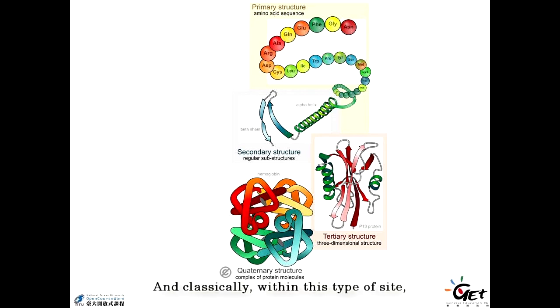Classically, we think this type of site is a neutral site because the change won't affect the protein sequence. But very recently, we found this type of change occasionally will have a phenotype. So now we discuss how likely